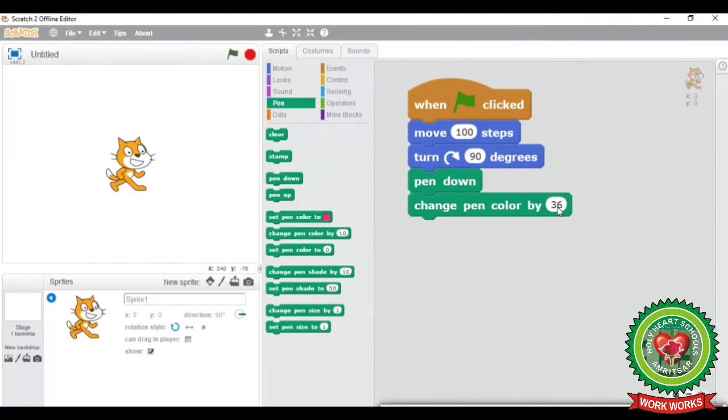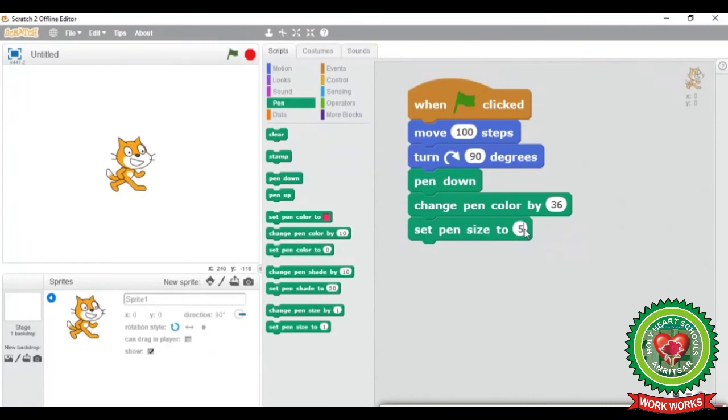Now next I want my pen to be set to a fixed size, so I will take here Set Pen Size to. I want the thickness of the pen, so I will make here size 5 so that we can see the line drawn on our stage clearly.